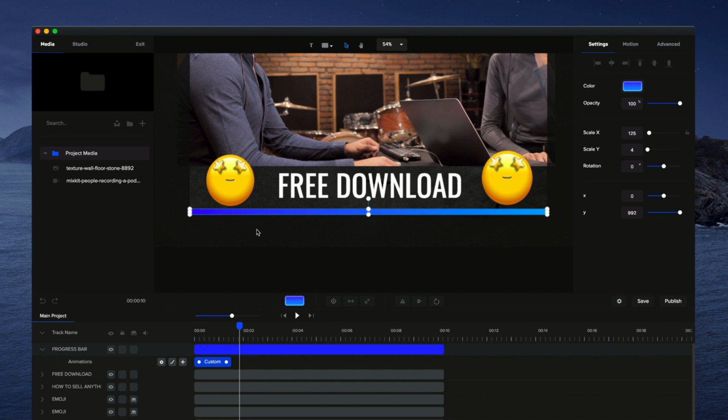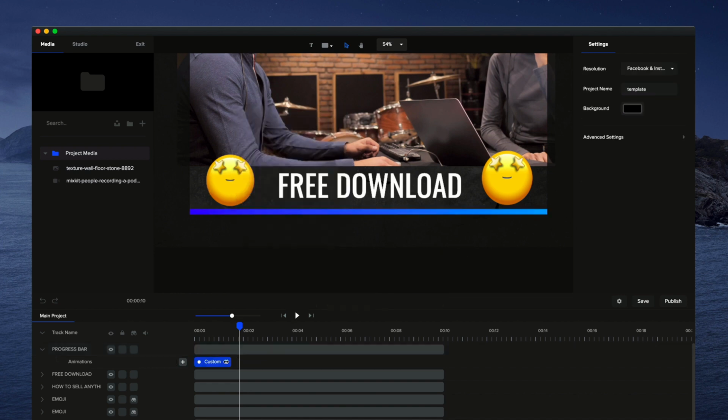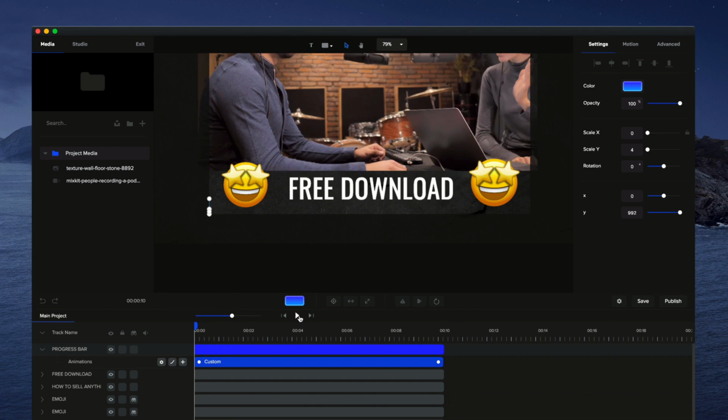Cool, so we've got the animation now. So what we're going to do is adjust the duration and the easing. If I right click on this animation and go to easing, we want to make sure that it's selected to both and linear, so that it just goes in one fluid motion. So there's no fast burst and then slow and fast, but we want it to go at one steady speed. Okay, so linear does that, and you want to make it on both the in animation and the out animation. And then all you need to do is drag this out to the duration of your video. And if I just go ahead and preview from the start,